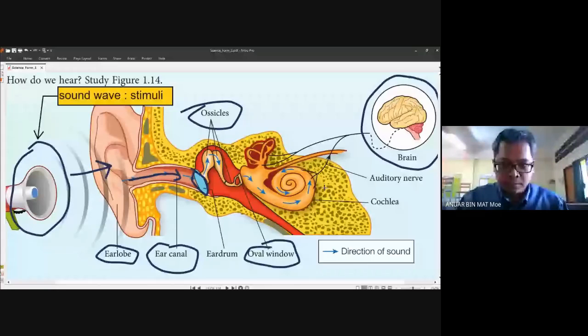So next one. This is the flow, or the mechanism, of hearing in humans. You must understand this. Okay, I just explained this just now. So we just